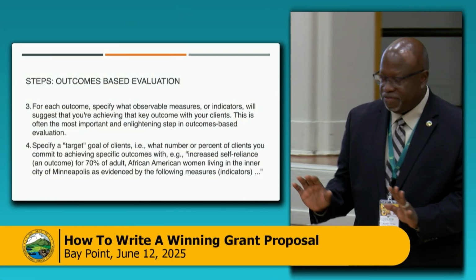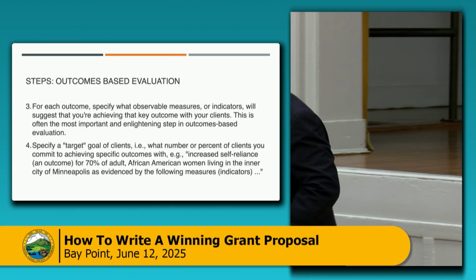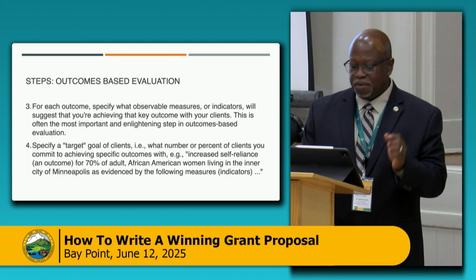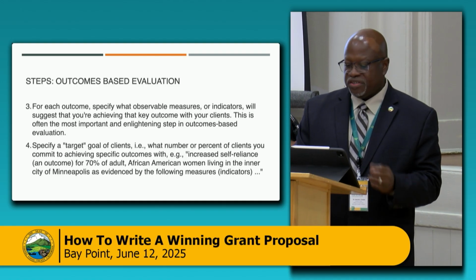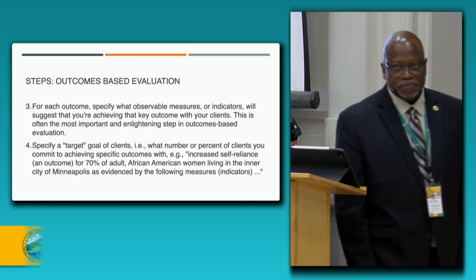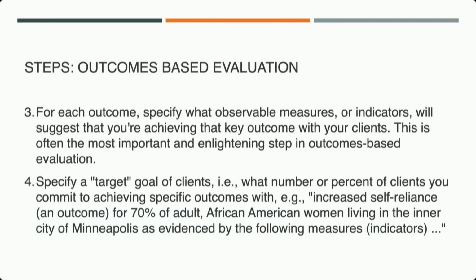For each outcome in an evaluation, when you're doing the actual evaluation, you need to specify what observable measures and indicators will suggest that you are observing that outcome. So you will say, when we do this evaluation, we will base it on outcome number 2, which says we will provide services for 60 students by 6 weeks into the program. And if you're going to say we're going to measure it on this outcome, this is what we will look for when we measure this outcome for our first evaluation. So you're planning and telling them what you're going to be looking at, and then they're going to look to see that you actually did just that, right?